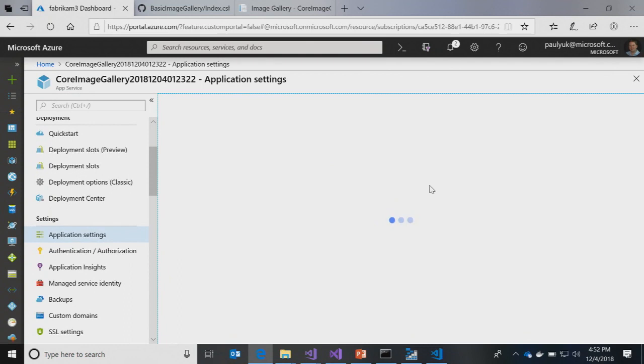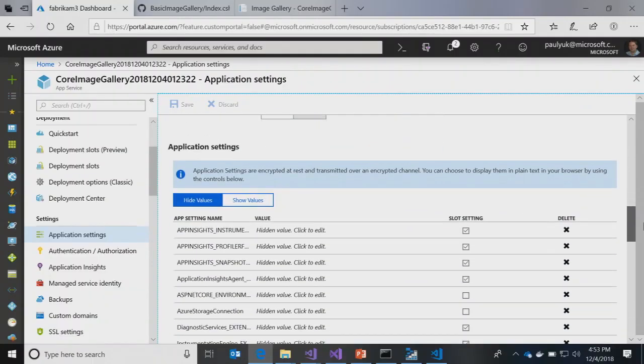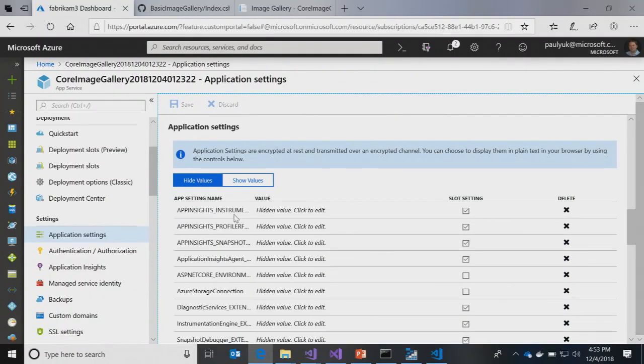So as a cloud developer, I care a lot about moving between different environments and making sure that the configuration for each environment remains intact, but I don't have to make changes as a developer to my source code. I really don't want to have connection strings and secrets in my code. So what App Service does that I really love, you just go down to the application settings, and that's basically your set of environment variables.